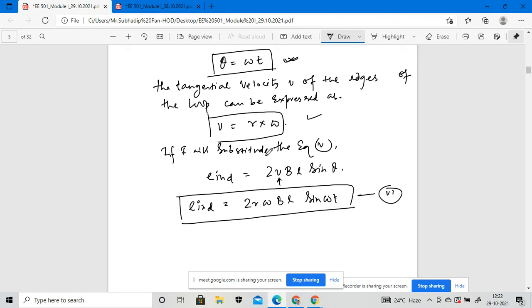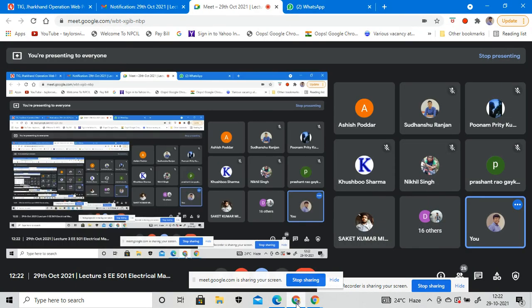Do I have a class tomorrow or not from the routine? Nikhil, do you have the routine? No, sir. Why not? You have it in the WhatsApp group. Yes, sir, I'm in the group. Okay, so I already shared the routine on this WhatsApp group, so you check this.